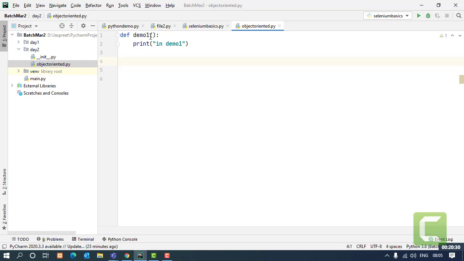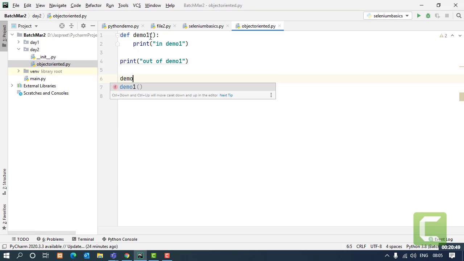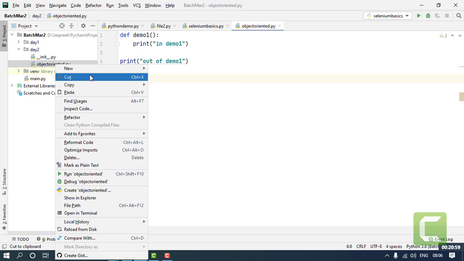So if I just write one more print statement and I say out of demo1, and after this print statement I am going to call my function. Calling the function is also very easy, it's not complicated. Just take the name of the function, like it's coming in the suggestion box, press enter, and that's it. That's the creation and calling of an independent function.